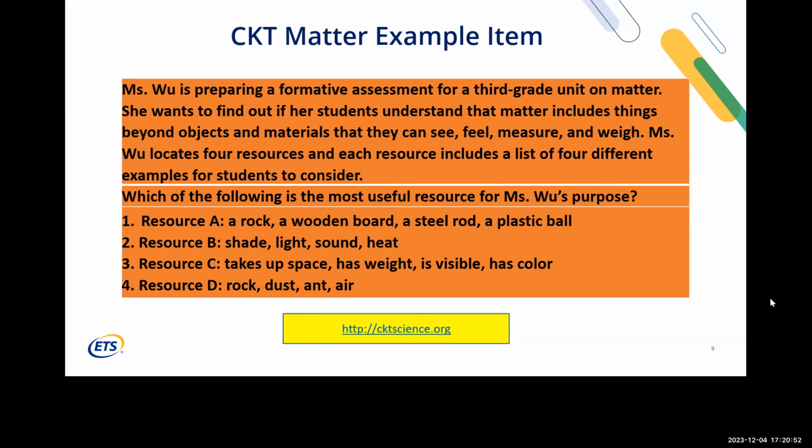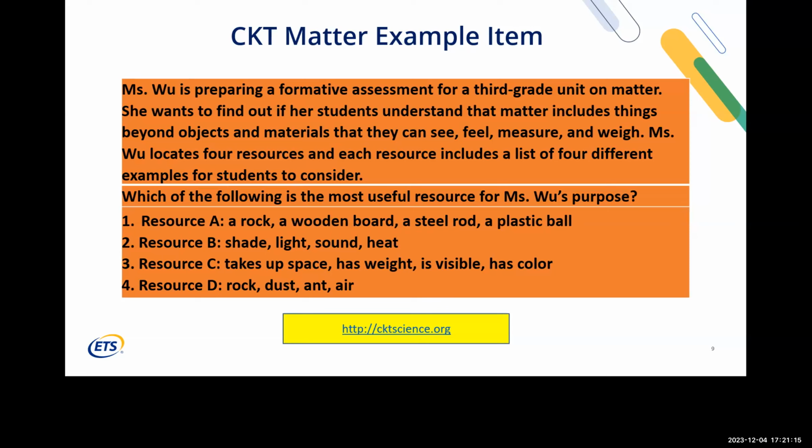Miss Wu locates 4 different resources, with each one including a list of 4 different examples for her students to consider. The pre-service teacher, who is the one responding to the CKT item, has to determine which of these 4 sets of resources that you see here, resource A, B, C, or D, is the most useful one